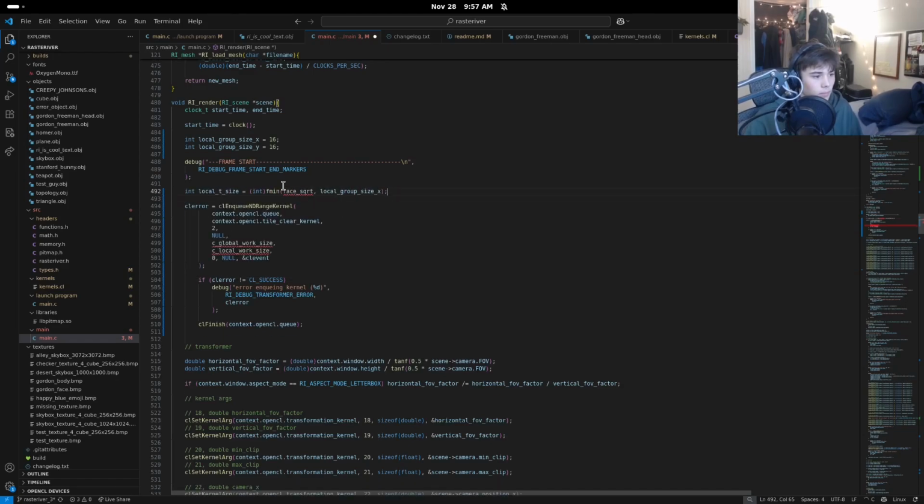Wow. Okay. C local work size equals the number of horizontal ones and the number of vertical ones, which is just